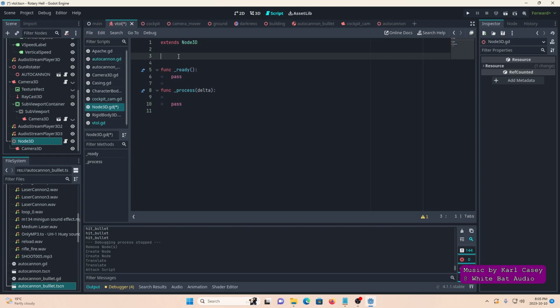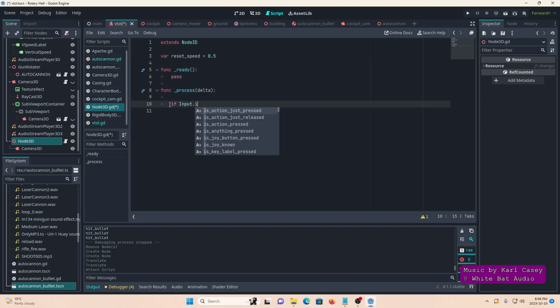So our first variable for this Node3D is going to be reset_speed, and that'll just be 0.5. This will be the rate at which it moves back to its original position. Nothing in ready, and then in process, if Input.is_action_pressed